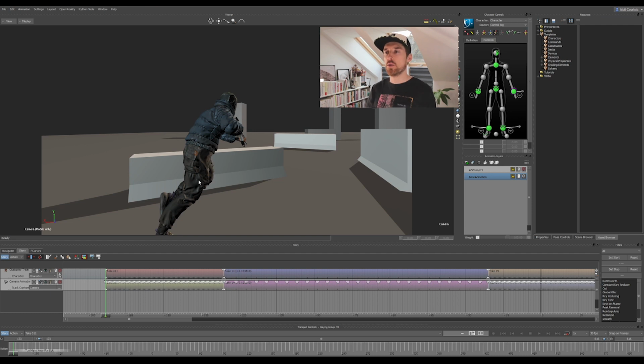Now this is just an example. I usually use it a lot for hit actions. When I have mocap, I like to highlight the actual impact by speeding that moment of the animation by 10, 15, 20%.